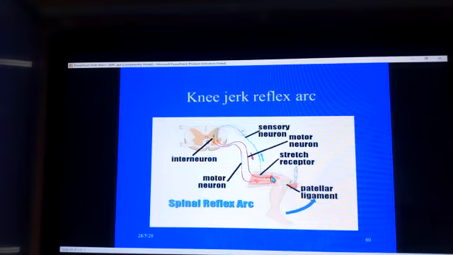The impulse, once created, will be transmitted or conducted via a sensory neuron all the way into the gray matter of the spinal cord. And within the spinal cord, the information will be integrated in that it will be transmitted or conducted from the sensory neuron and then relayed to the motor neuron